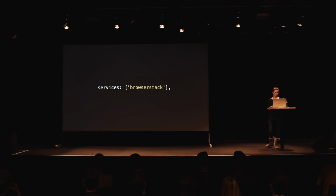So this is one line from a WebDriver config file, which is how you set up your WebDriver configuration. In order to integrate that with BrowserStack, to indicate that you want these end-to-end tests to run on BrowserStack, they have a pretty simple integration. Mostly it's this one line that tells WebDriver to run on BrowserStack, and then you need to add some credentials in some other places and some of those capabilities, that JSON that we were looking at